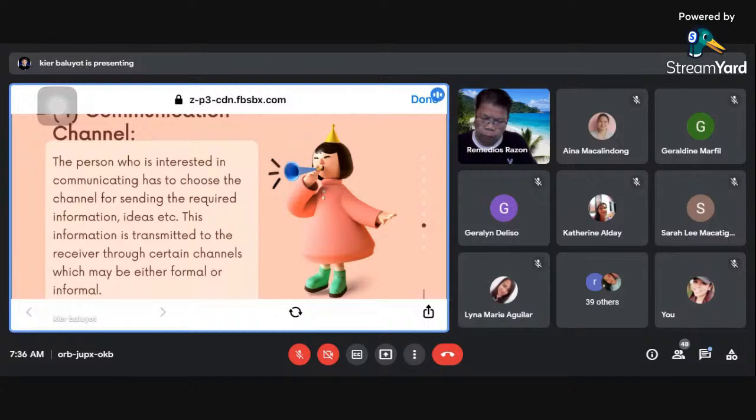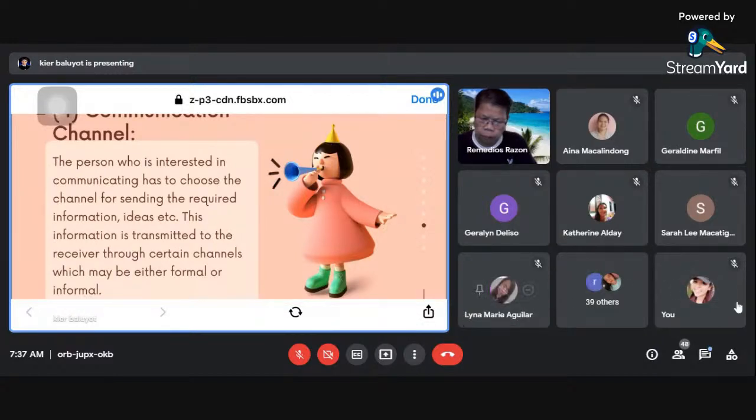Examples of communication channels are written, hard copy, print, or digital formats, oral or spoken, and electronic or multimedia. When we say communication channel, it is a medium or method through which a message is sent to its intended receiver. It is what you use to get your message to your receiver.